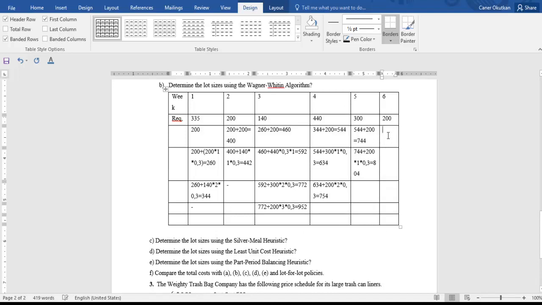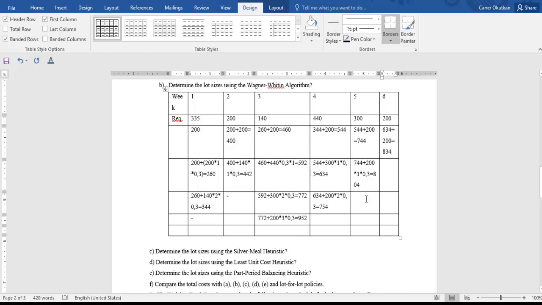And another part, we look here, here and here, so 634 plus 200 equals,